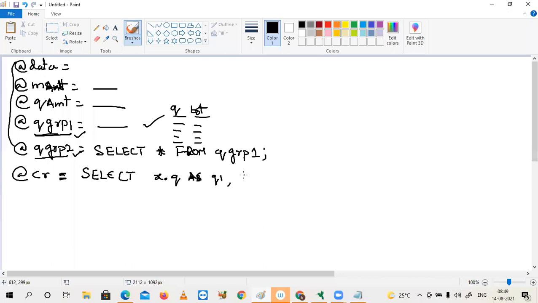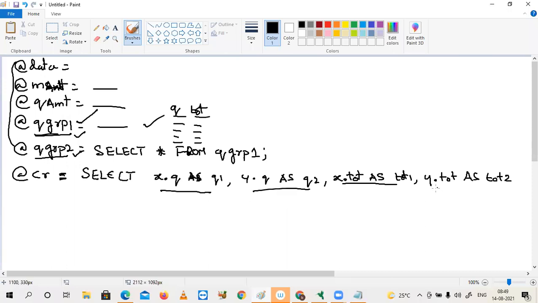Immediately I want Y dot Q as Q2. X dot total as, let's say, TOT1. Y dot TOT as TOT2. This one and this one are coming from first set, and these two things are coming from second set.